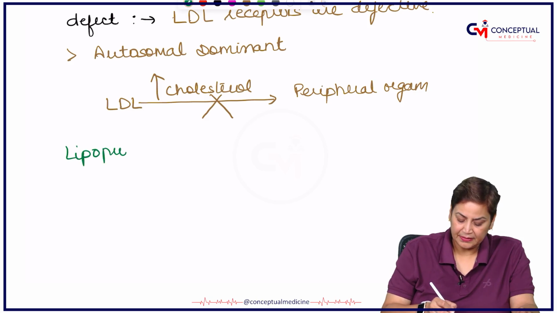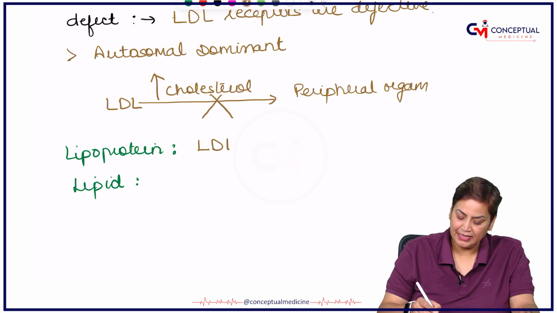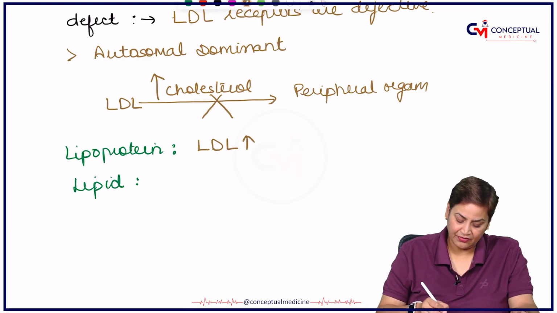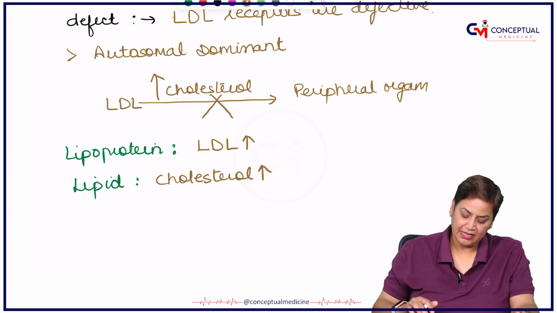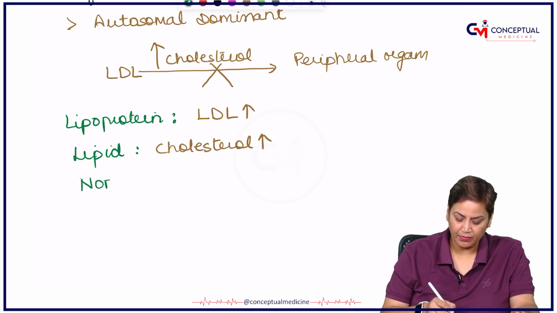it will be LDL. Right? So lipoprotein elevated would be LDL. And if we talk about the lipid which is elevated, it will be cholesterol. And if we talk about TGs, TGs will be normal. So I can say that normal